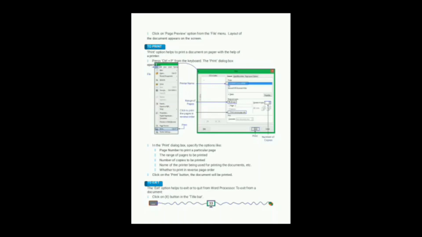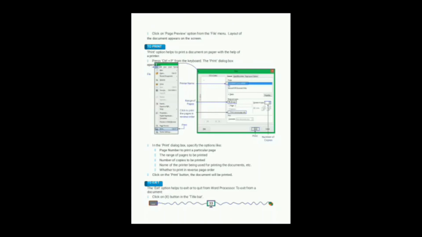Then Print. The Print option helps us to print a document on paper with the help of a printer. We can also make a printout of that document with the help of Ctrl P. Ctrl P is the shortcut key for printing a document.